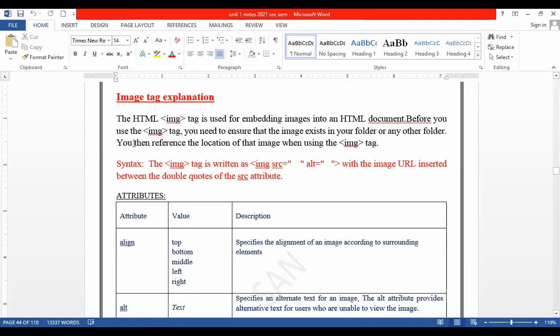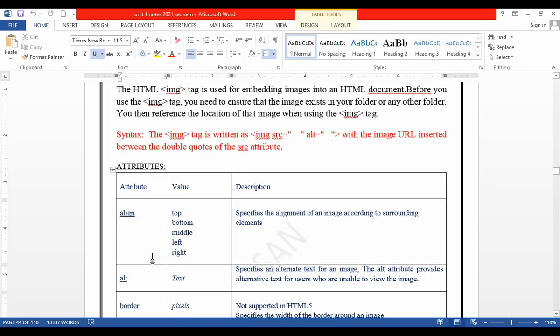Okay. So why are we using an image tag? Basically the image tag is used to add an image when we want to insert an image into our web page, right? That's why we go for an image tag, right? So what is the syntax of the image tag? We will see that in the program. We have the img tag, which is used for images. Inside img, you can use many attributes. Here I will just highlight what the attributes are and then I will explain them through code. Fine. See, we have the align attribute. Okay.